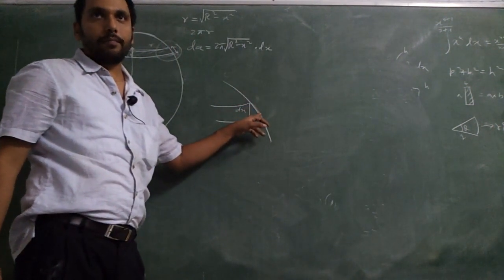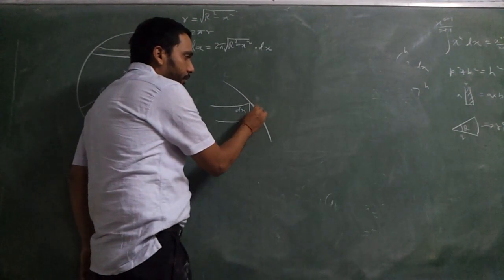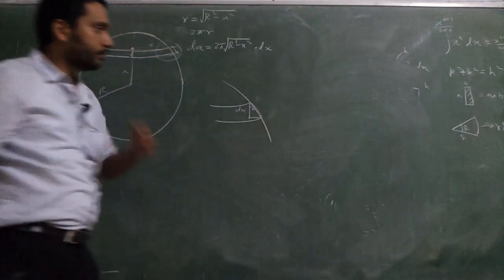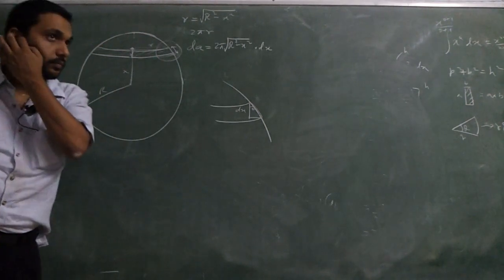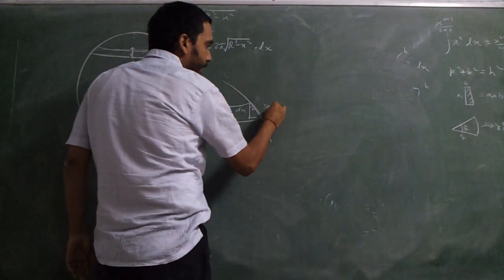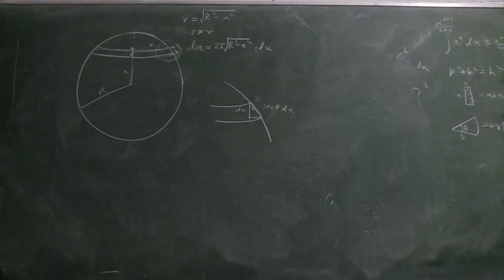Okay? If this angle is your theta, then how much is that? Sec theta of dx, or not? Right? Hypotenuse is greater than what? Doesn't theta keep varying? Yeah, theta keeps varying. So I can't write theta itself. Theta is also a variable. Everything I will have to finally write in a single variable so that I can integrate.